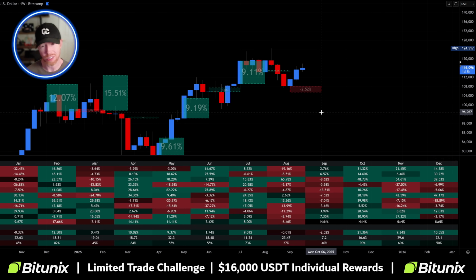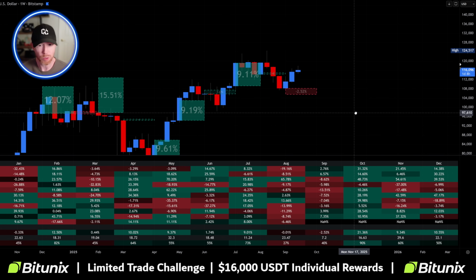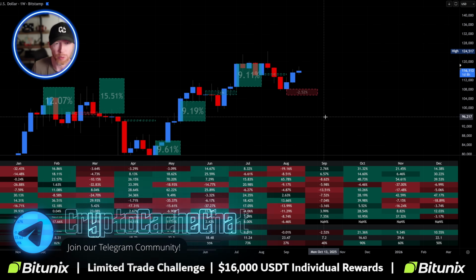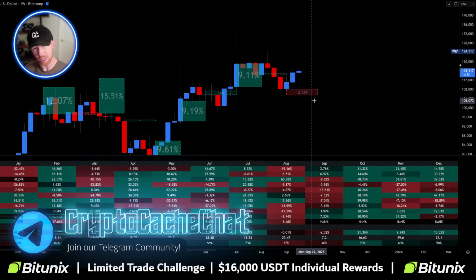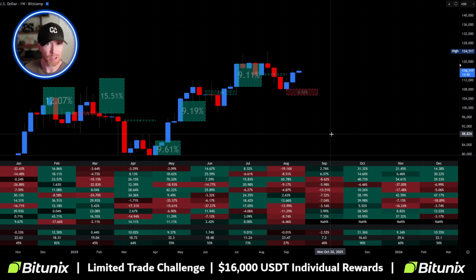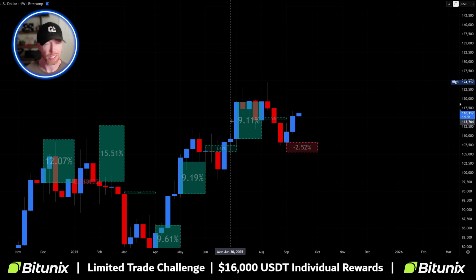So that really doesn't tell us a whole heck of a lot, letting us know that basically all the patterns in previous trends have changed since big money got involved. So there's a big chance that we don't see a red month here and we continue to progress higher. I don't foresee us dropping 7% in the next week for Bitcoin, but once more, a lot of things can change between now and then.